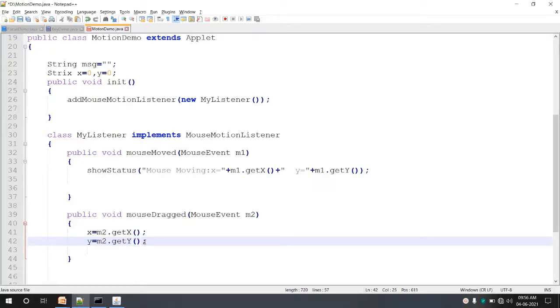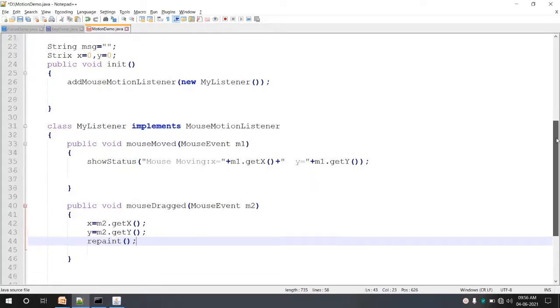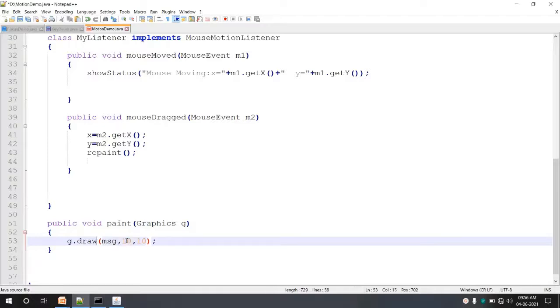Okay, then we will call a method that is repaint here. We haven't declared a paint method yet. We will declare one here. Okay, there is a paint method. So in the paint method, what we will do is, instead of printing string here, we will print